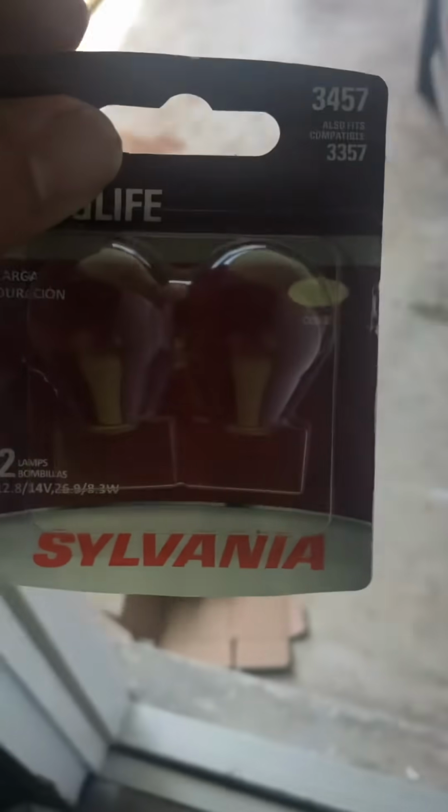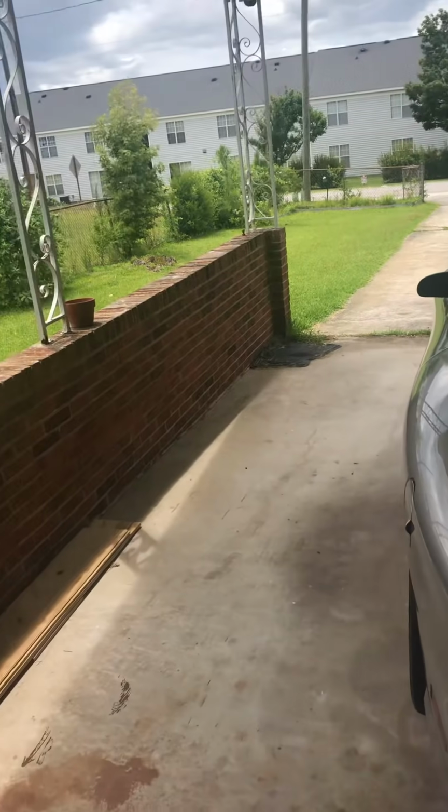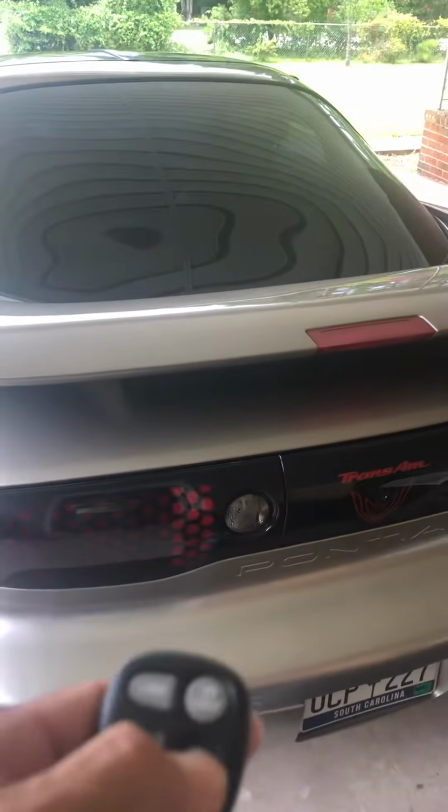And like I said, these are my front turn signals on this one. Different cars, different bulbs maybe. These were the back ones. I went ahead and did the back ones at the same time. I like to get all my bulbs done the same time, because that way I don't have to worry about doing this all the time, and usually you get a year, 2 years, whatever you get out of it. So the rear ones, you pop your trunk